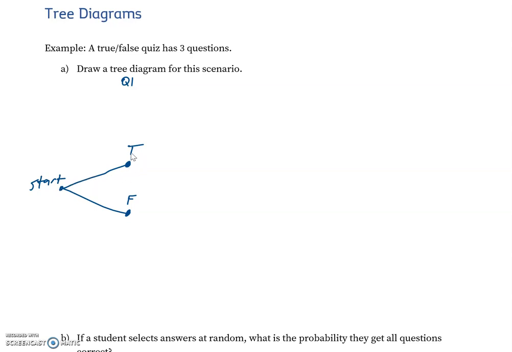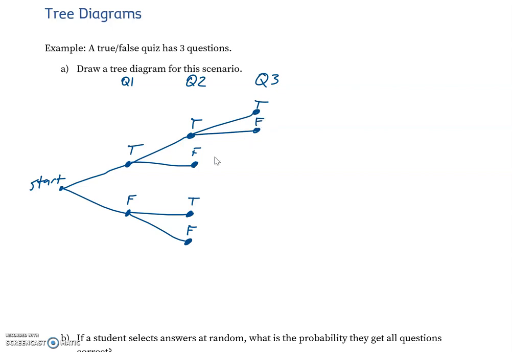Then we can say, well, all right, if I answer the first question true, then again, I've got 2 options. I could answer the second question true or the second question false. So this is going to be sort of my column for Q2. And the same options are possible. So if I answer the first question false, well, okay, I could answer the next one true, or I could do false and then false. Right? And then from each of those possibilities, we get to question 3, and we say, okay, well, still, then I have true or false, true or false,